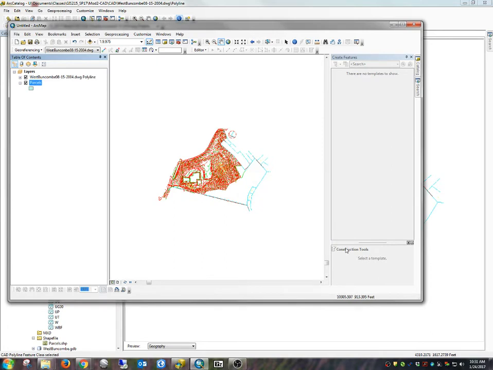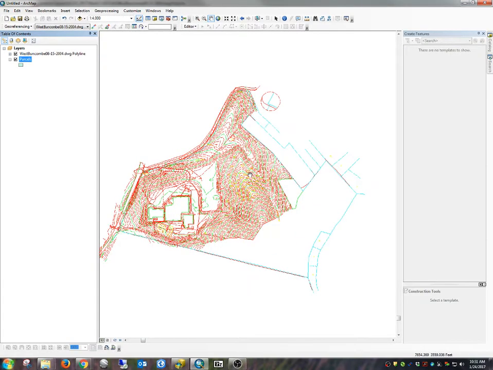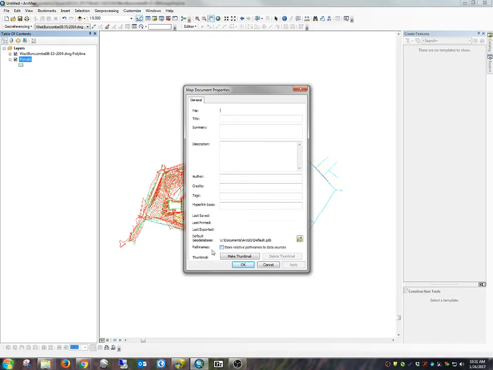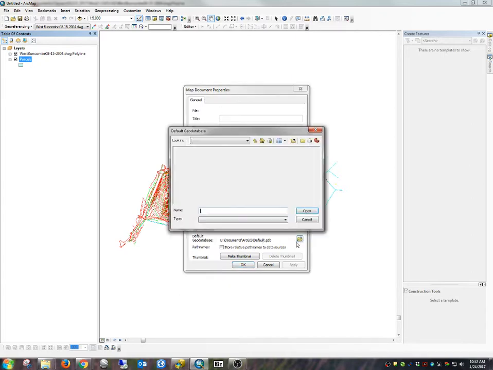All right, before we do anything else, I want to set up my map document appropriately, and this is something you should do in pretty much every map document you ever create. Under the File dropdown, you can get to Map Document Properties, and it's nice to set our default geodatabase to the geodatabase for our project. There is a geodatabase named Default Geodatabase that gets installed in your Users Documents folder under ArcGIS when you install the software. If you're not careful when you're working in ArcMap, things get dumped to this default geodatabase. It has to have some kind of default operation for data that gets created. Where does that data go? It goes to this default geodatabase